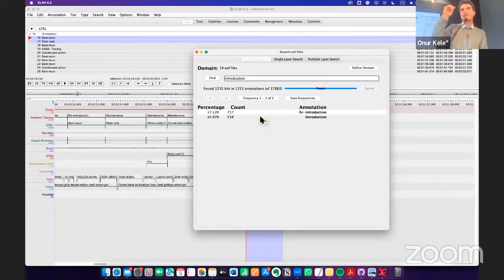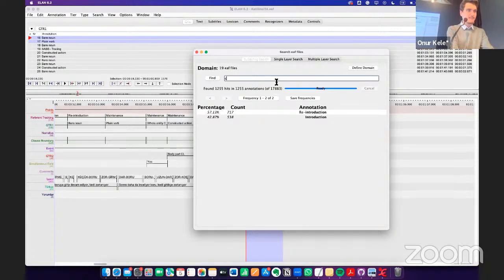So here, when I type introduce into the frequency count, it shows me whether introduction or reintroduction is more common in narrative, in reference tracking. So I see that out of all these tokens, reintroduction cases are more common, at 57%. Or you can basically analyze